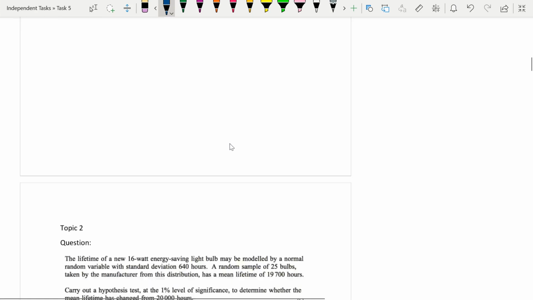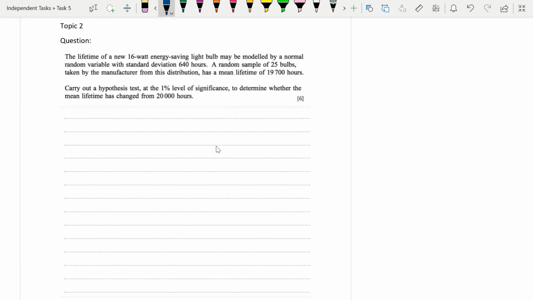So for number 2, we have our hypothesis testing. Okay, now quite a big question here. It's 6 marks. So we've got a lifetime of a new 60-watt energy bulb. It's modeled as a normal random variable with a standard deviation of 640. So that's my first bit. That's my sigma. A random sample of 25. So that's my n. Is taken, and